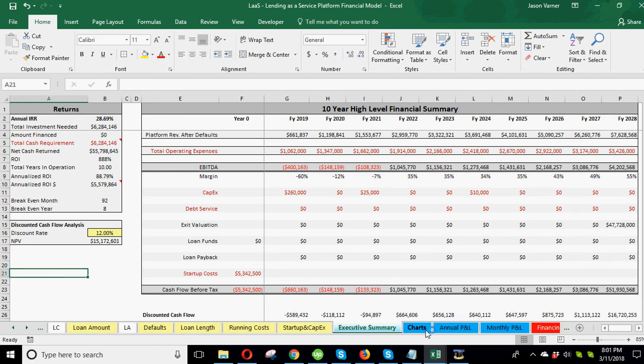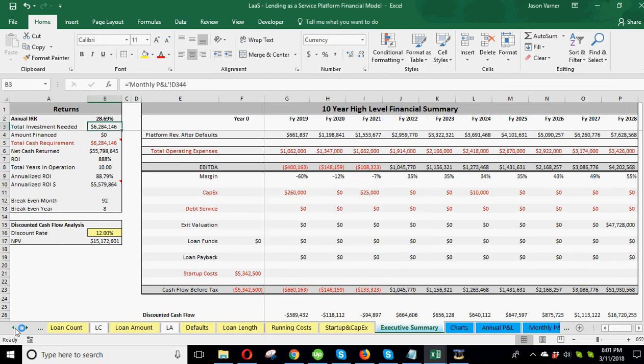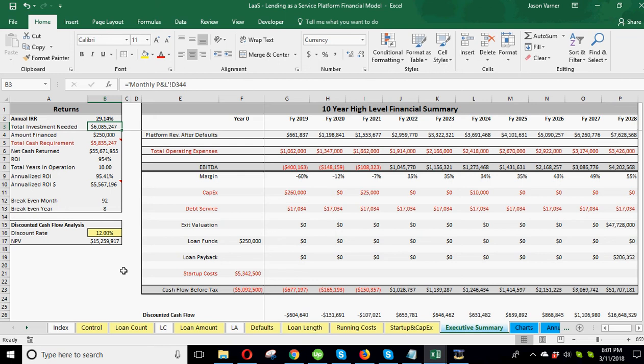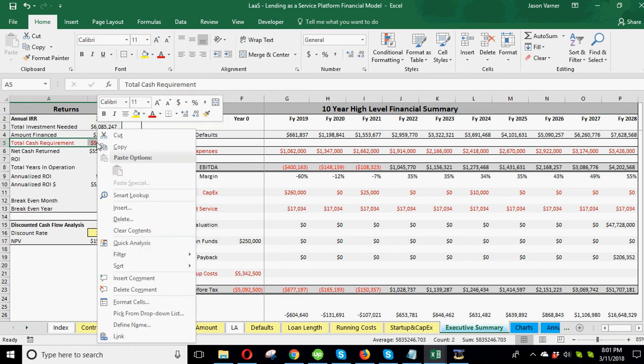Okay, so am I back here? Yep. Okay, so actually this amount, this total investment needed, let's go back and put a finance amount in here, because this was logic from my other recycling model, and it's adjusted because this model works a little differently. So your total investment needed is your capital requirement. The amount financed is included before this happens, and it's taken into account, interest and everything else. So we actually don't need this figure,